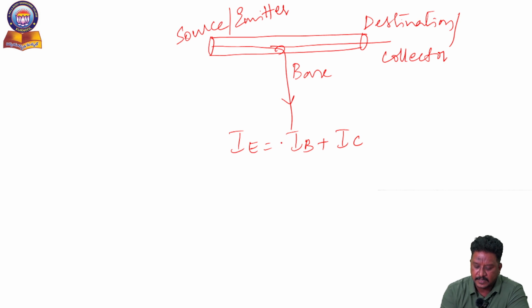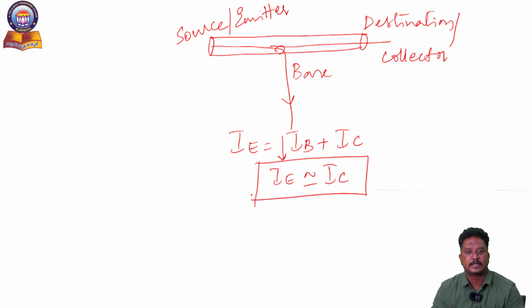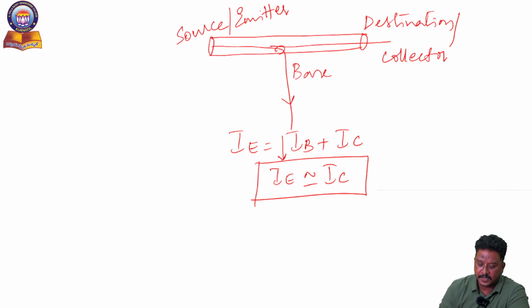Here also, we always have to see that the base current must be minimum, so that IE is approximately equal to IC. That is my aim. The total electrons whatever I am sending from the emitter, I have to reach the collector by maintaining the minimum base current. From this operation we concluded the different configurations like